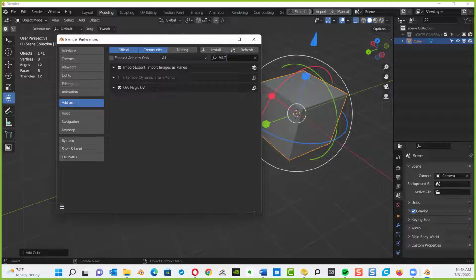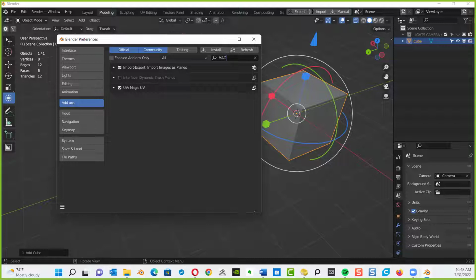Also, Steve, this might not matter at the moment, but do you have caps lock on your keyboard? I do. I'm just wondering if it would mess up Blender if you have caps lock on. No, it's just a search.